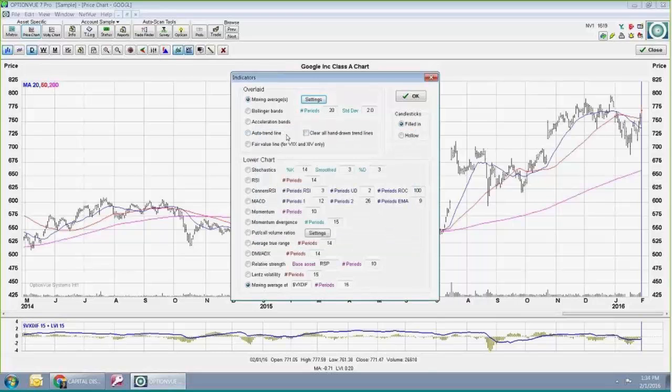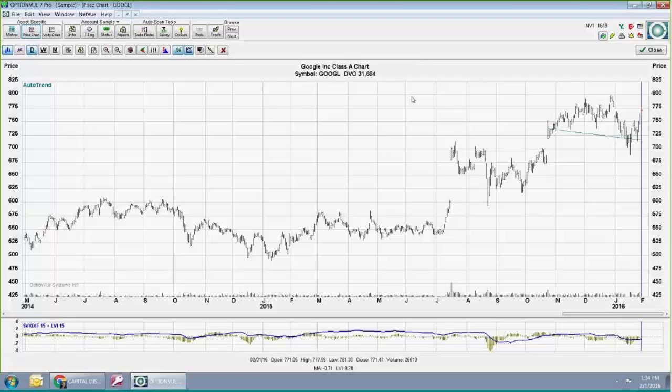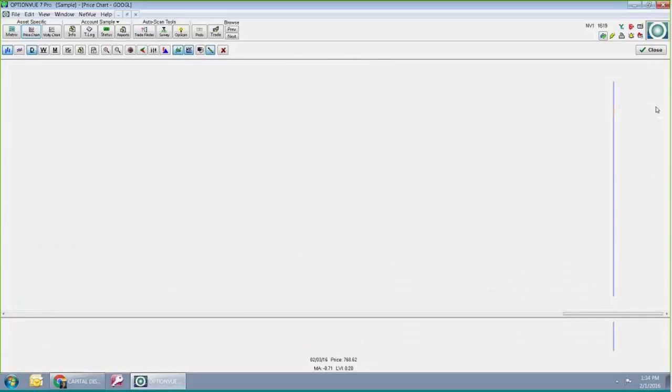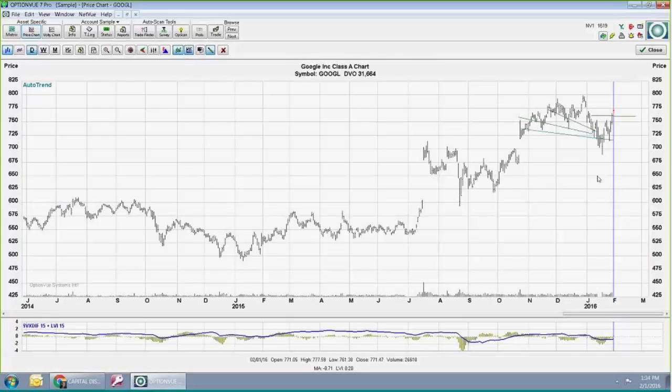There's Bollinger Bands, acceleration bands, fair value, but that's for the VXX and XIV only. There's the auto trend line. It just automatically draws a trend line. As I mentioned, you can draw your own trend lines. You can expand them somewhat out into the future.